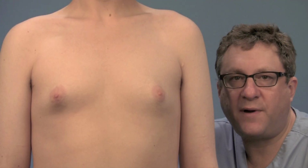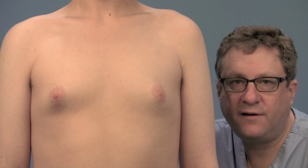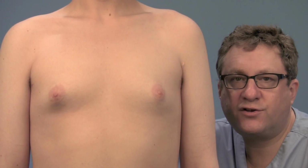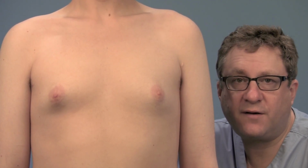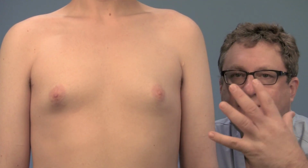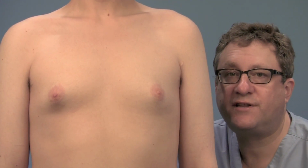This man has had gynecomastia ever since he was an adolescent. And one thing he told me, and it's something I hear from a lot of men, is that when it's cold or their nipple tightens a little bit, their gynecomastia looks a lot better. And that makes sense, because as that just tightens up and shrinks down, it really decreases the amount of puffiness